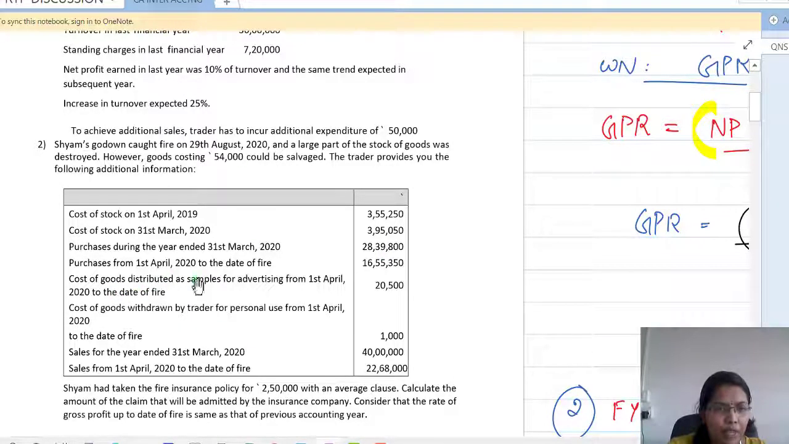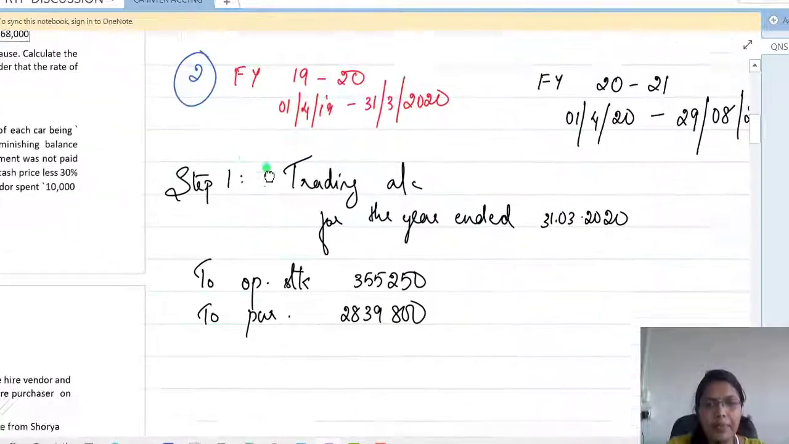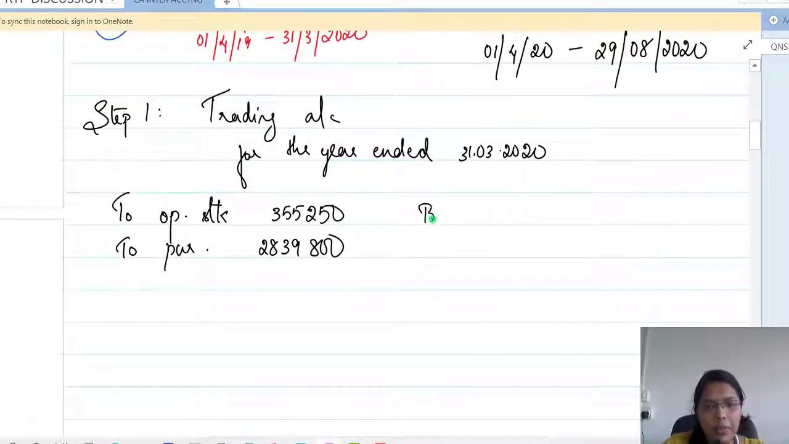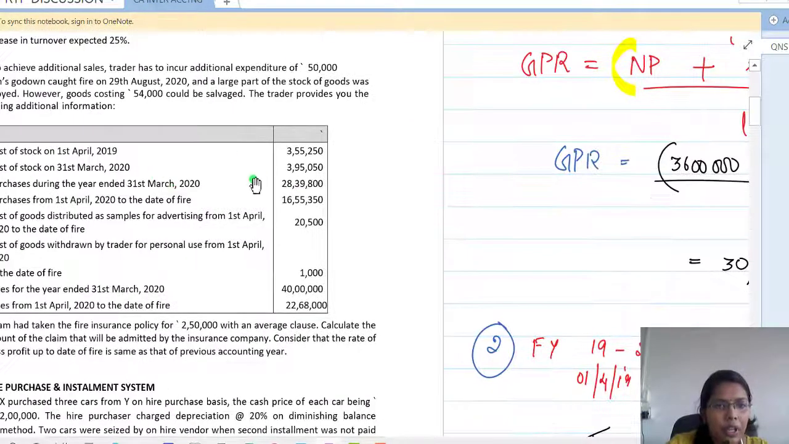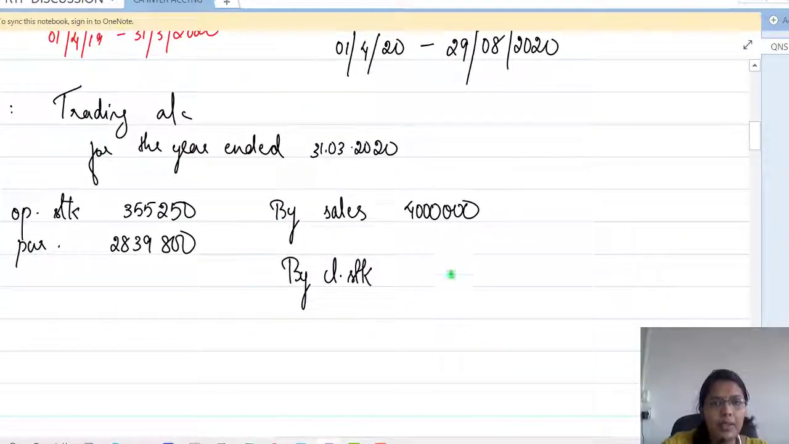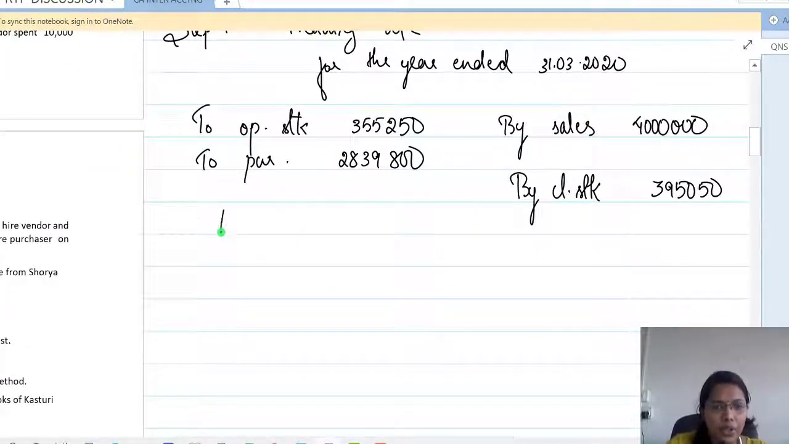We also have certain free samples and withdrawal, but that is all part of the second financial year 2021. So we need not consider it in first trading. Sales is 40 lakh in that year. We are also given the closing stock, that is 3,95,050 rupees. So now we do not have any other direct expenses, so we can find out the gross profit